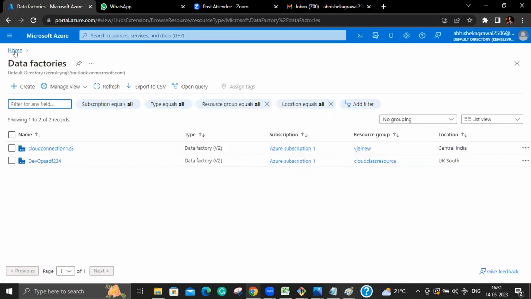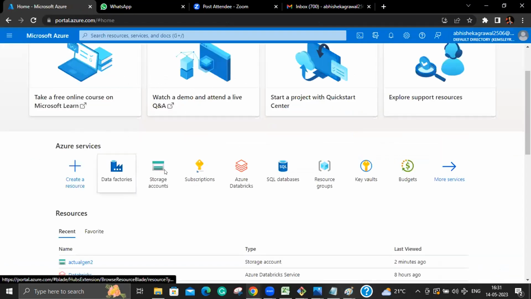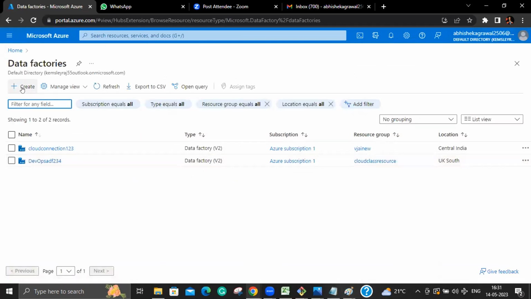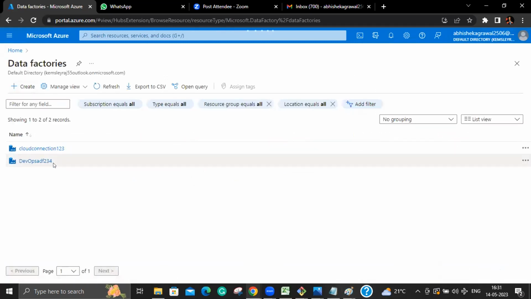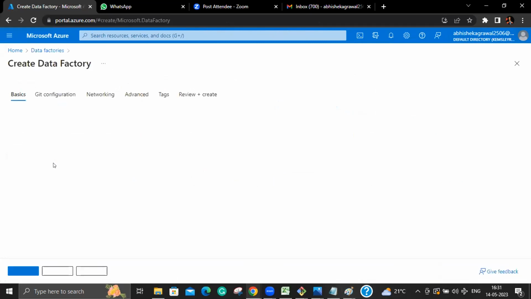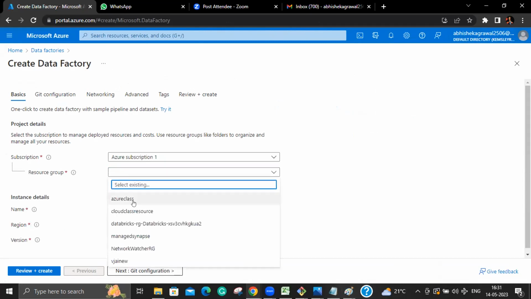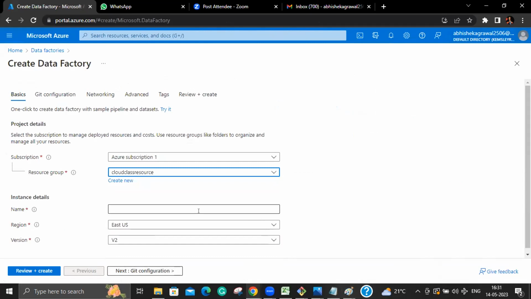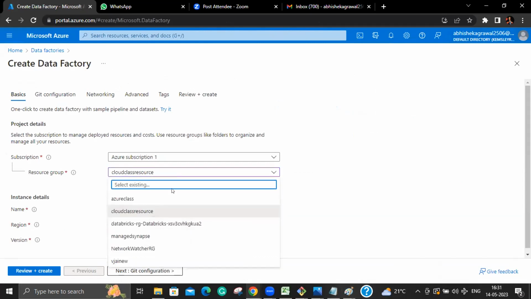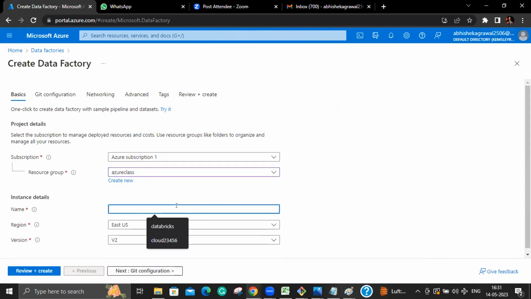Now let's see first how to create Data Factory. We'll go to Data Factory and then hit create. Again, as this is also a resource, it will come under a subscription and a resource group. First one, Azure class. Yeah, first one resource group, this one, and then I will type a name,